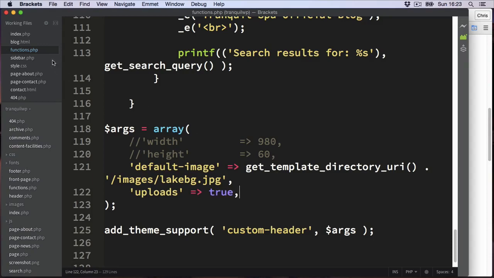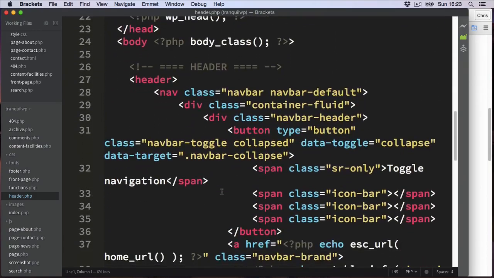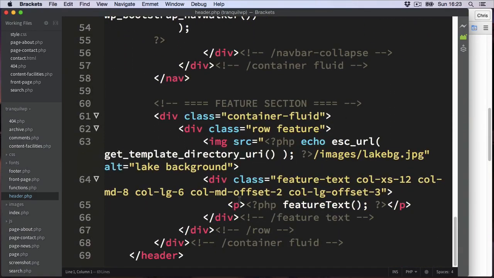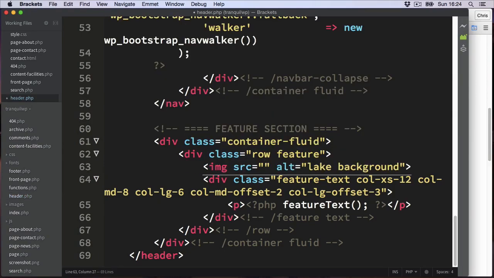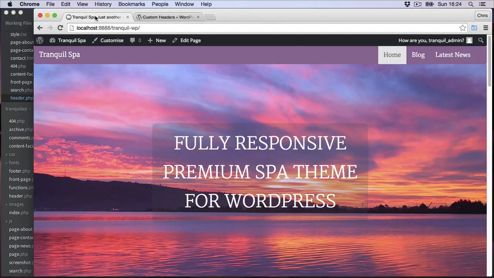And then if we go into the header.php, we can change the image location. So find that file and then scroll down to the feature section at the bottom, and then we can delete the image source, so everything between the double quotations. So rather than having this image which is being pulled in from our theme folder, we can use the custom header. So between the PHP tags we'll use the WordPress function of header underscore image and save that,